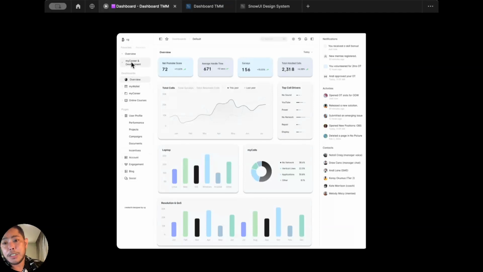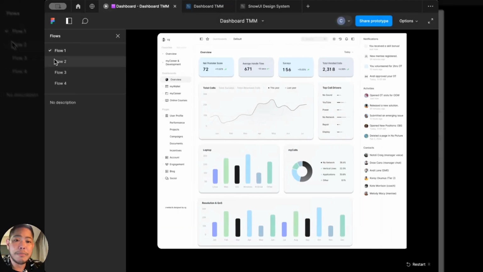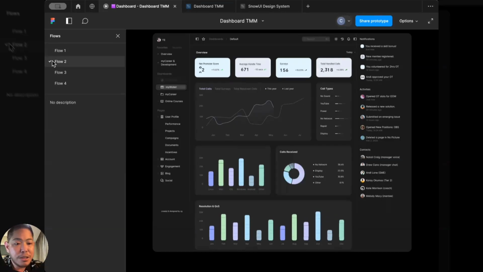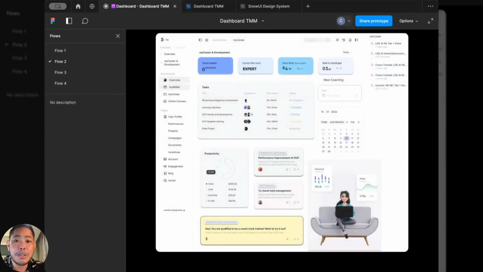Okay, let's go to the next one, which is, of course, if you have it in light mode, you will also have it in night mode. Yes, it also has those cool graphics. Yes, and then if you click My Career and Development, it actually goes to that portion. We're very excited about this. This is centered on your development in your career.